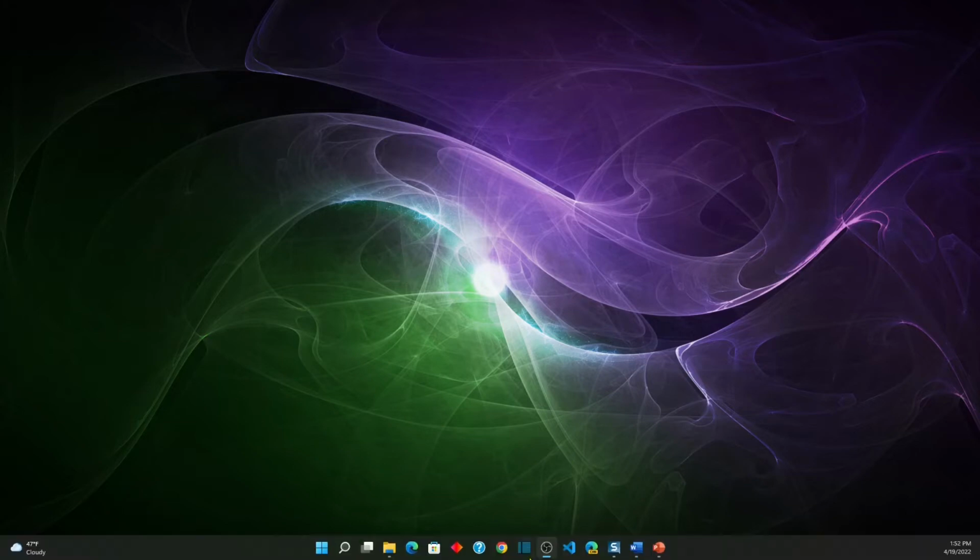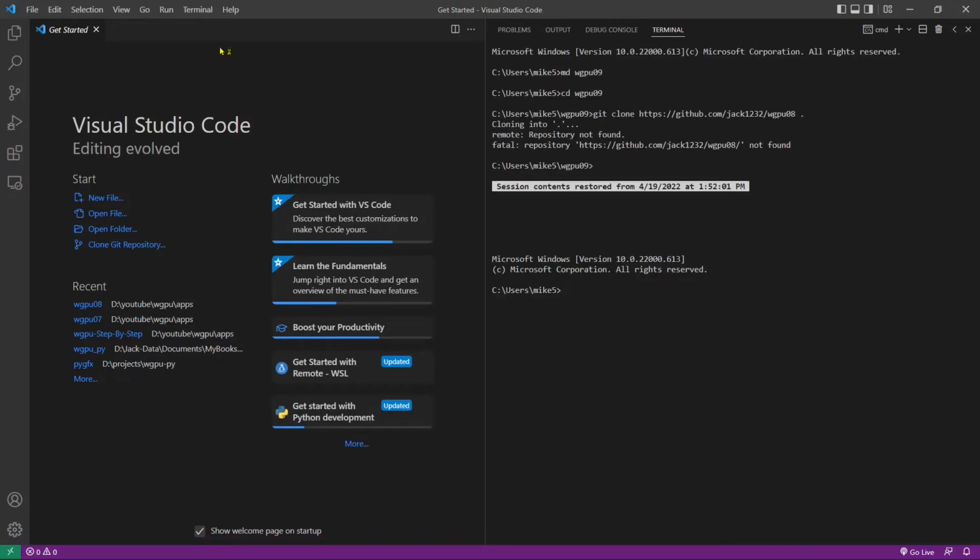Now, let's start Visual Studio Code directly from Windows Start menu. Click this Visual Studio Code. This is Visual Studio Code interface. Now let's start a new terminal window